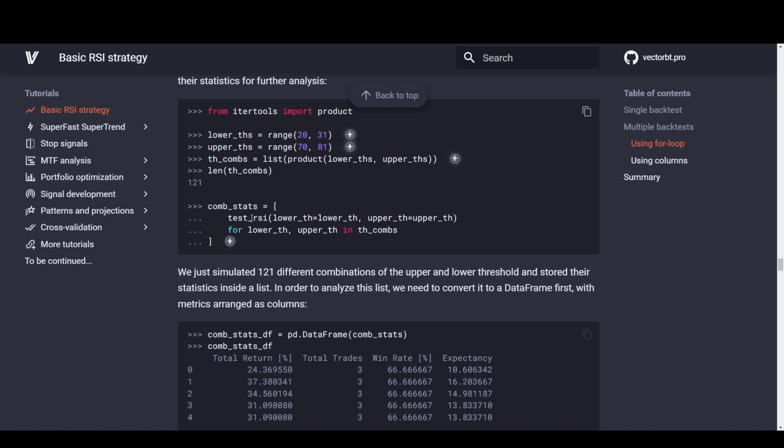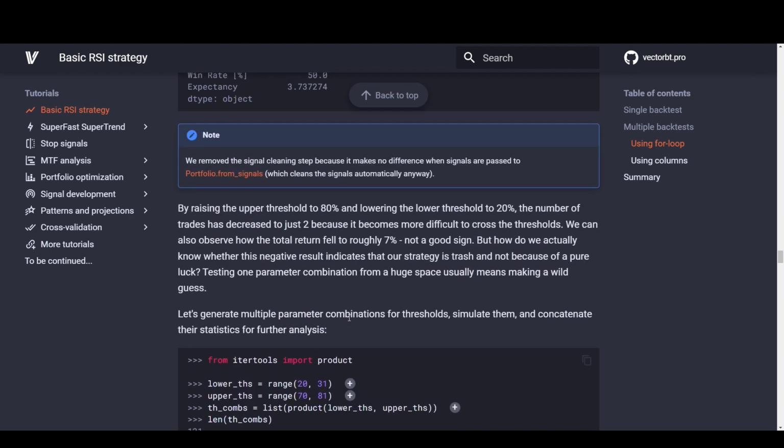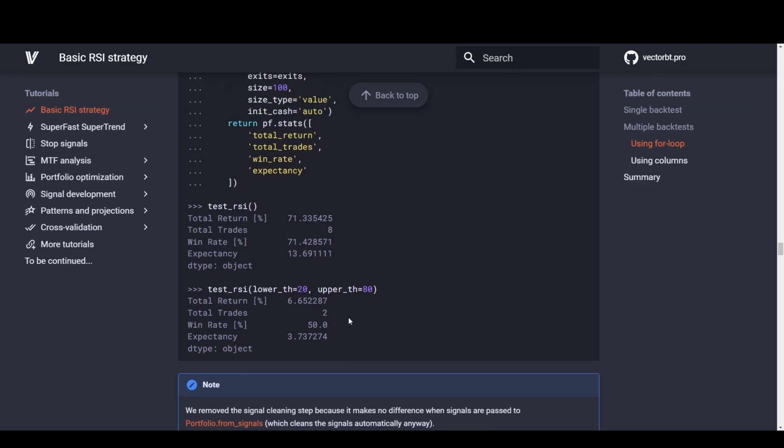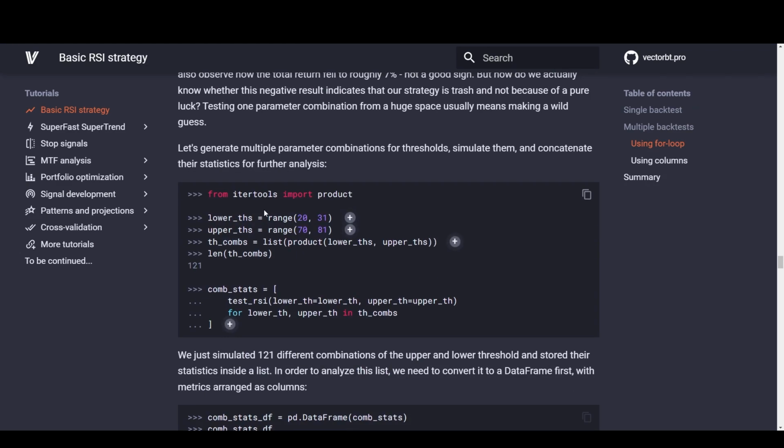comb stats, test RSI, lower upper, for lower upper in the combs. Ugh. Wait, what? Test RSI. Test RSI.